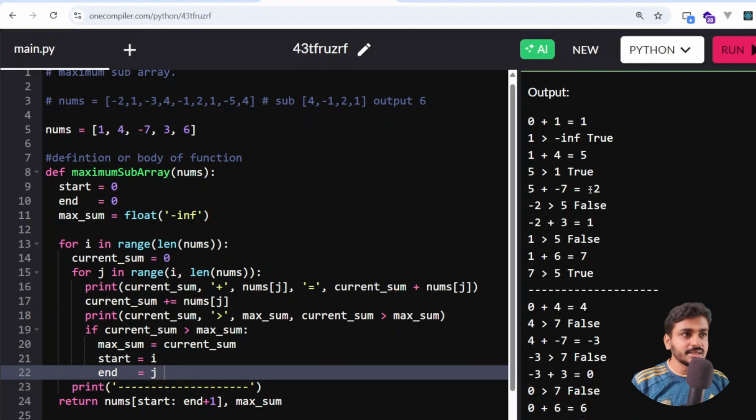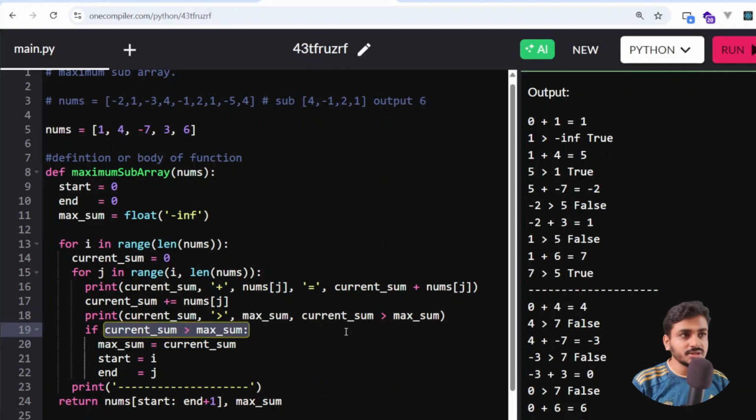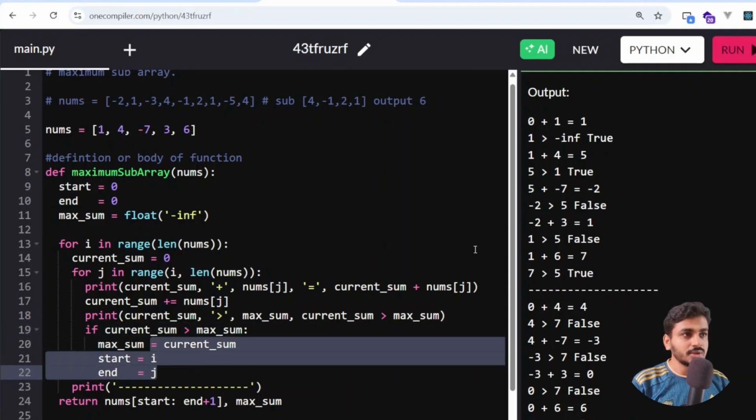Okay, so minus 7 plus 5 equals minus 2, and that's why this statement returns false, so this block of code won't execute. The next one is 3. So 3 plus the previous current sum, which is minus 2, gives 1 after this calculation. Is 1 greater than 5? No, so this block of code